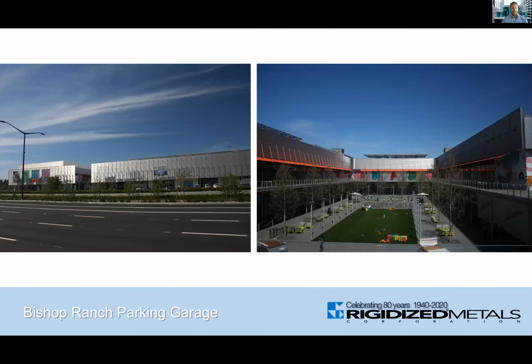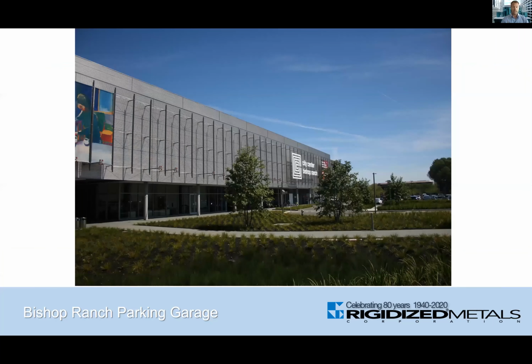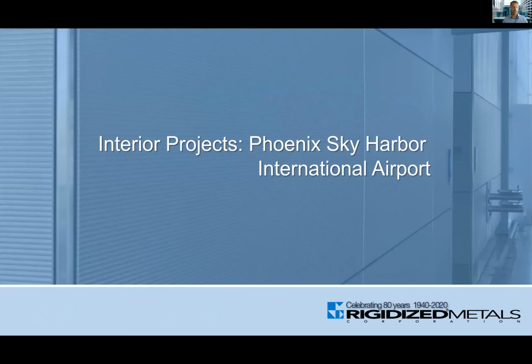In the end, what we found was that for a very reasonable price, they were able to clad the parking structure with the high-end material and achieve the original design intent. And this is why we like this example so much, because it shows that the material selection can make all the difference in the world. And by using high-end materials in a low-budget system, the opportunity for stainless steel cladding becomes much more realistic. And this concludes the exterior portion of our